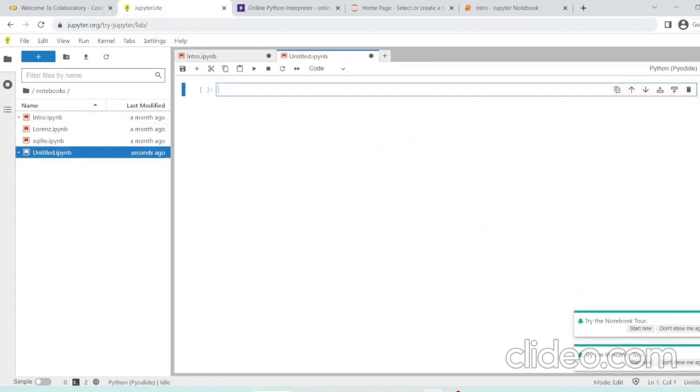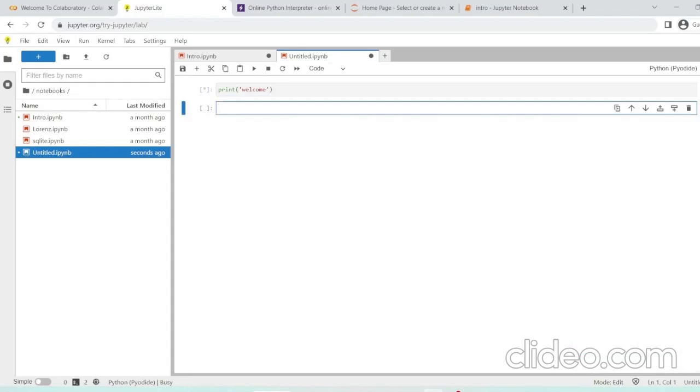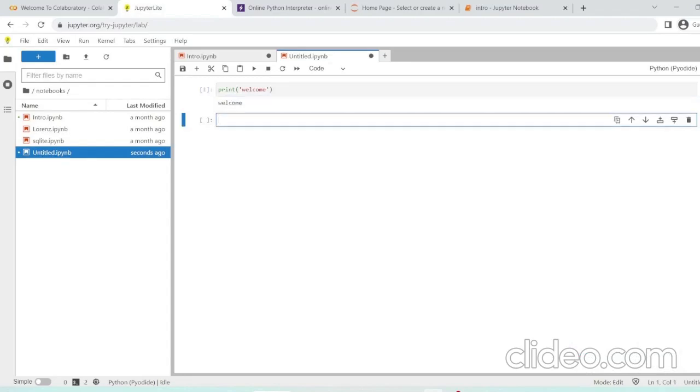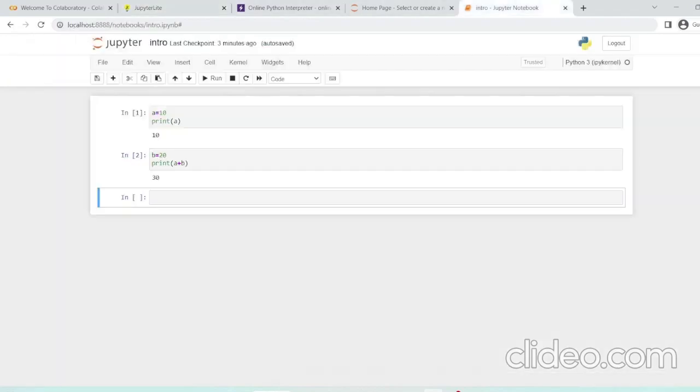Okay, so what I'll do, I will write print welcome and I will run it. So it printed welcome. So this is the online version for the Jupyter notebook, which was here, which was installed